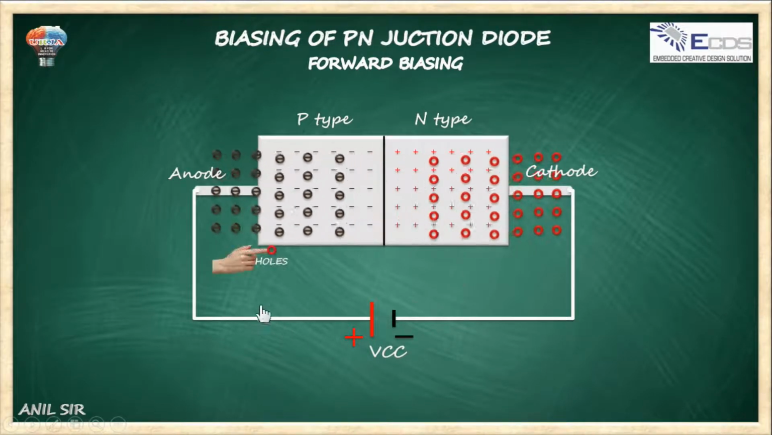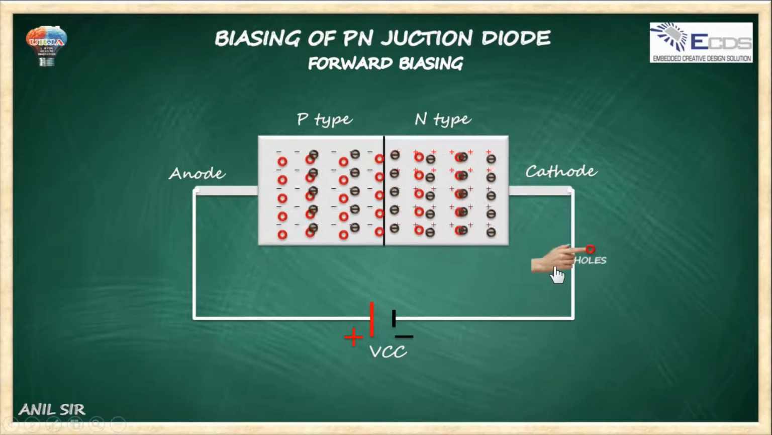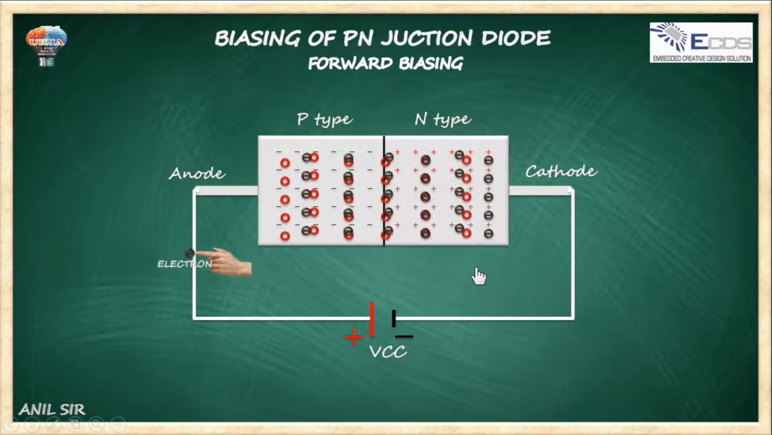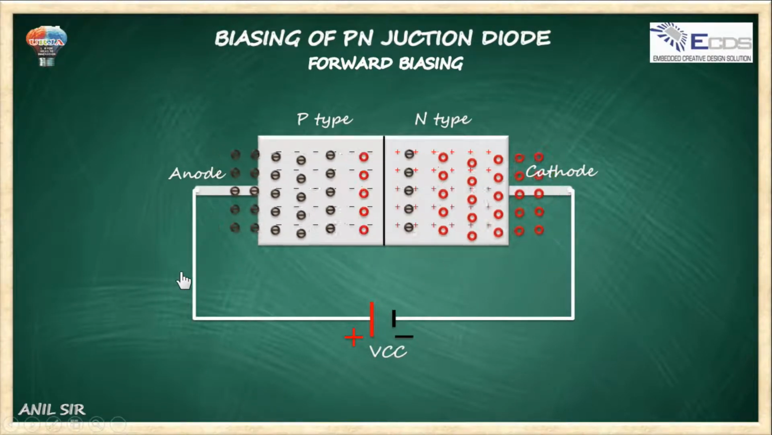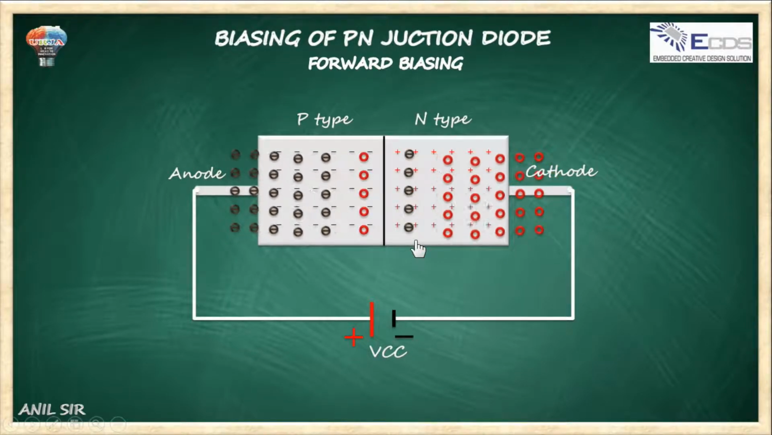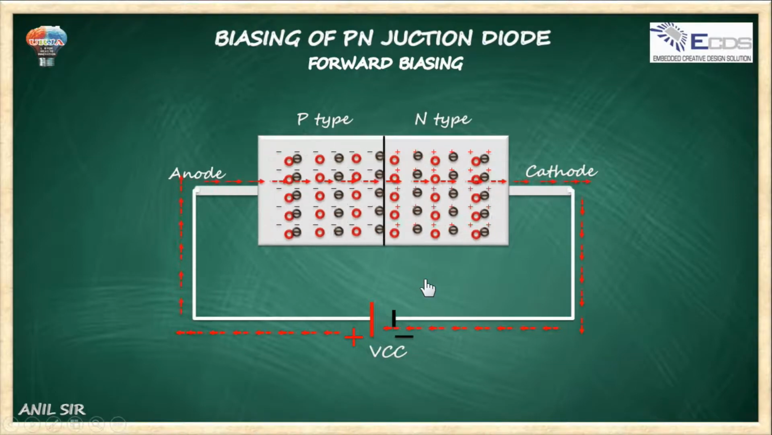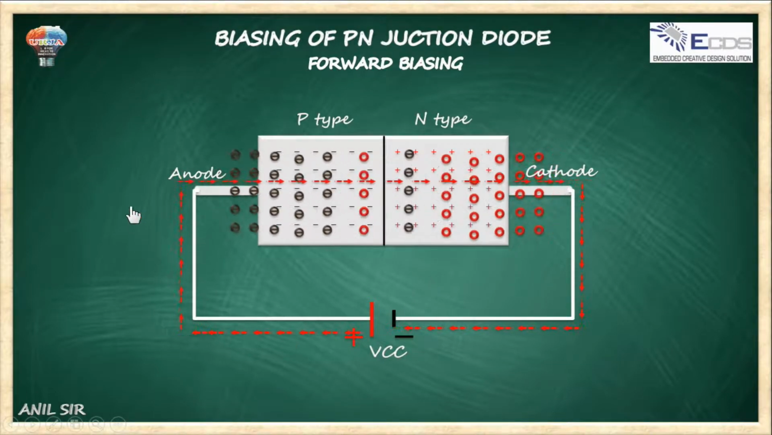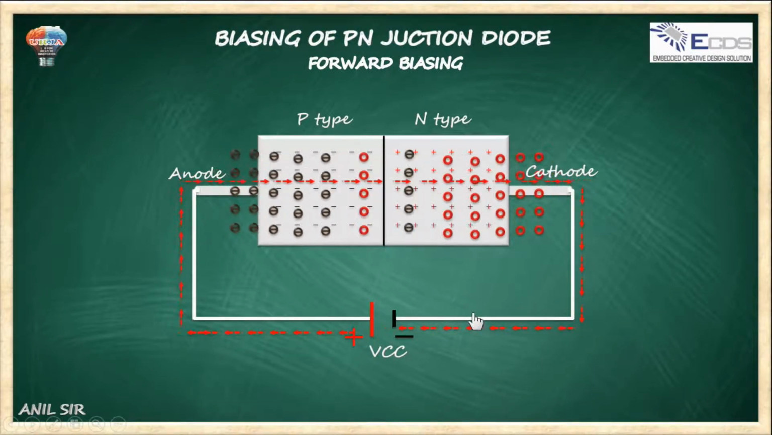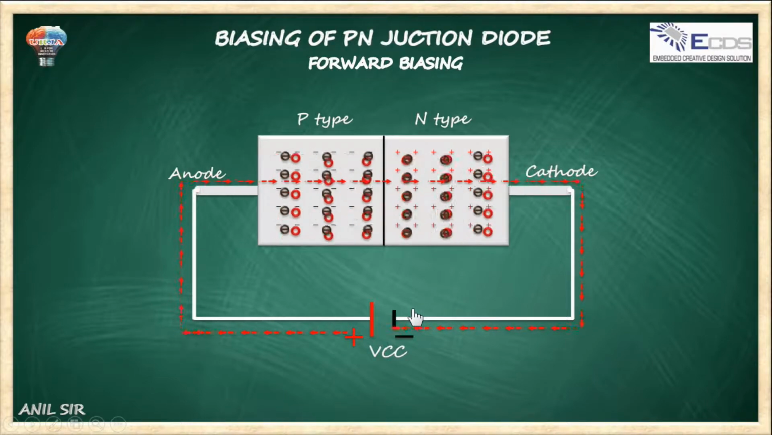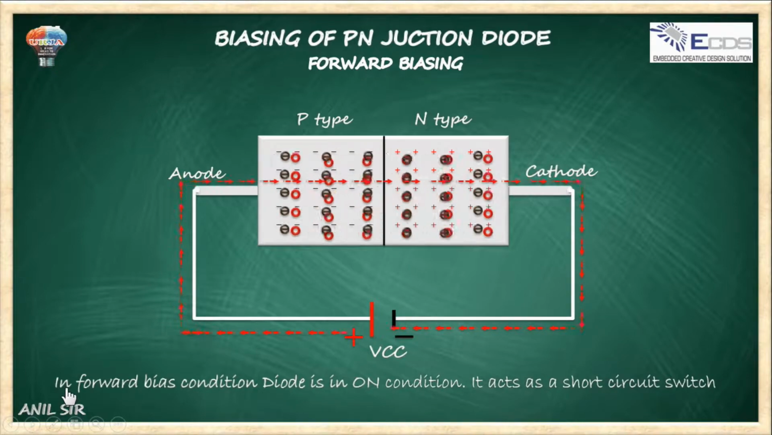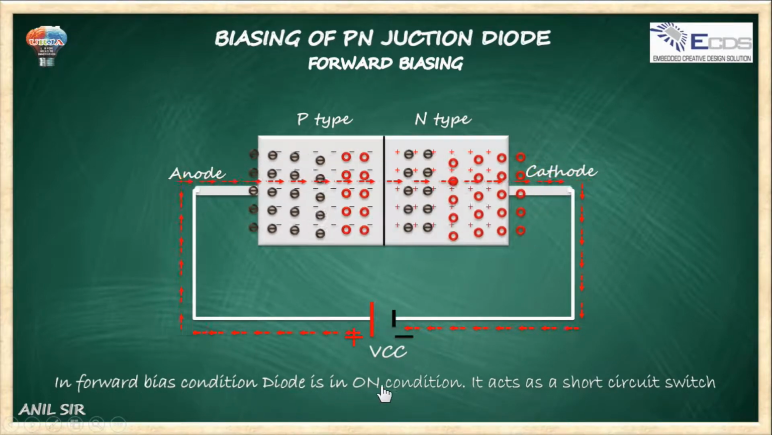to this side. So holes from the p side travel to the negative side and the electrons travel to the positive side. This generates the current, and the current flows from positive VCC to the anode, through the p material, then the n material, then the cathode, and returns back to the negative supply. So in a forward bias condition, the diode is in the on condition